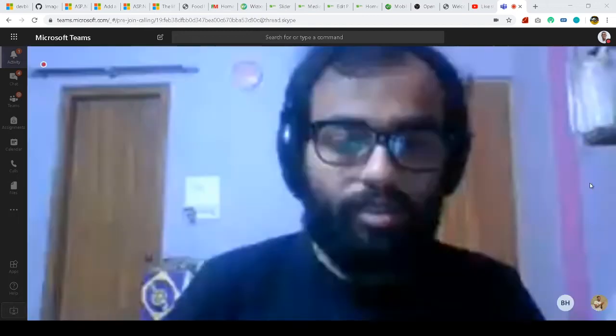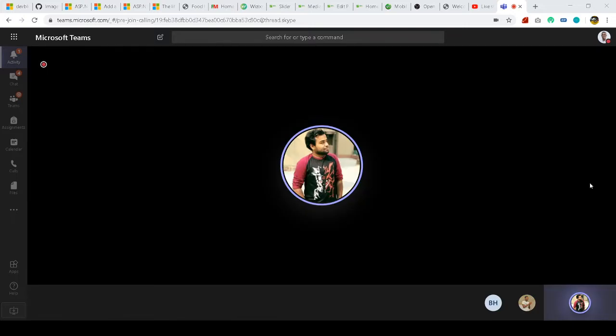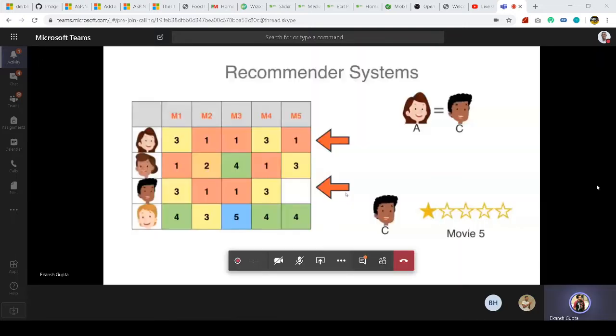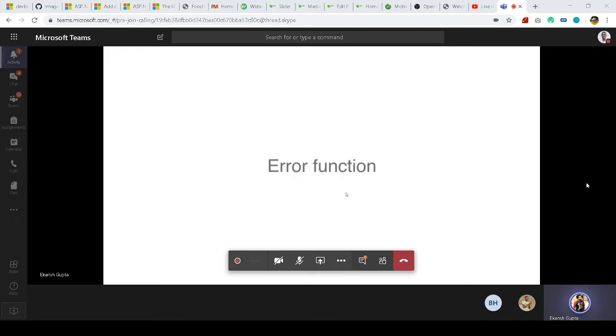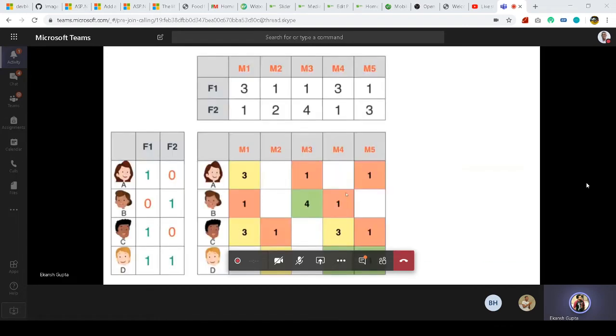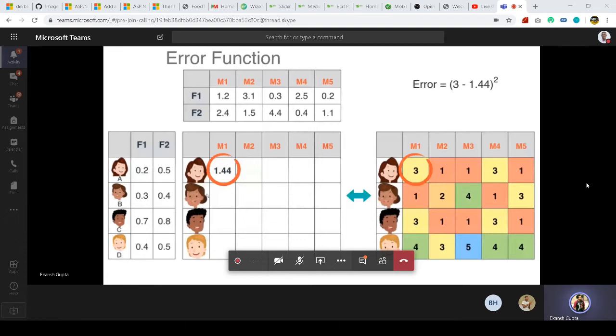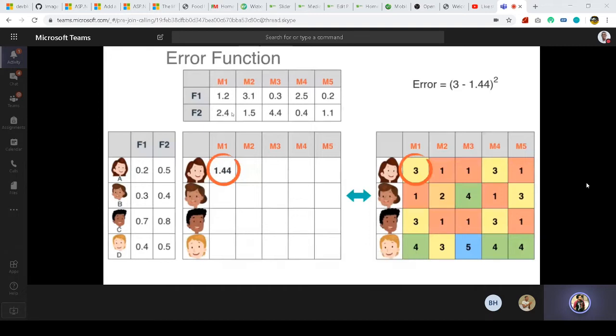So yeah. So we have the error function here. We have 1.44 here. So what do we do? We might increase the value of 1.2 here, or decrease the value of 1.2 and increase the value of 2.4 here. We just have to play with the numbers. That's how machine learning